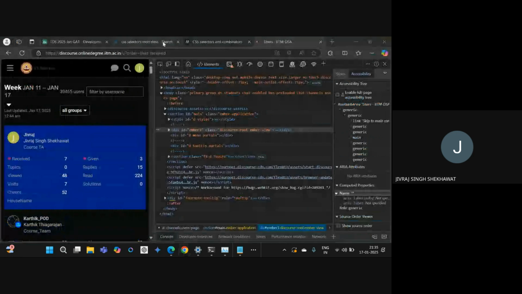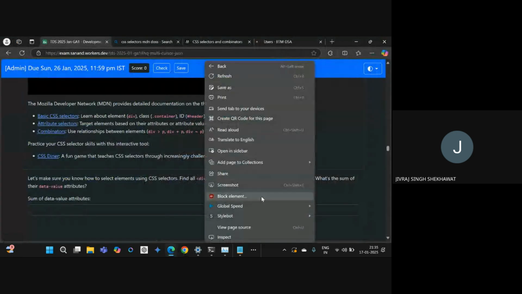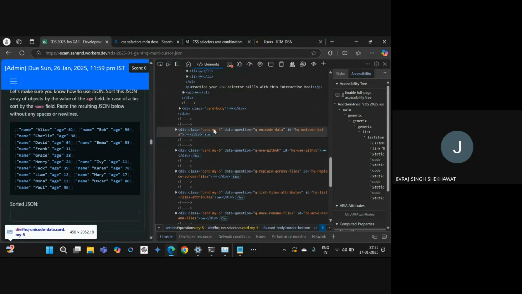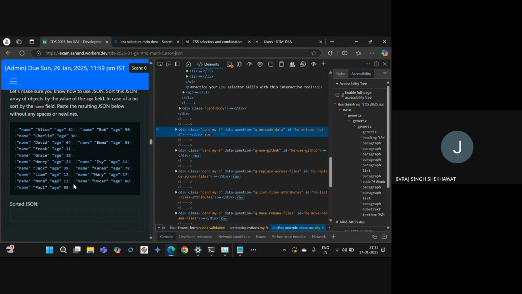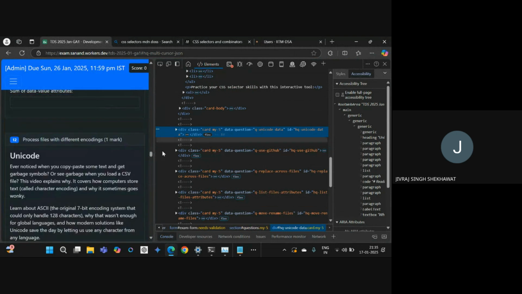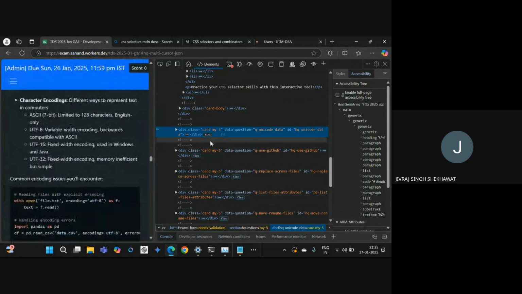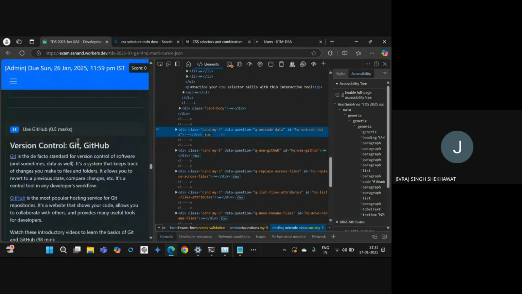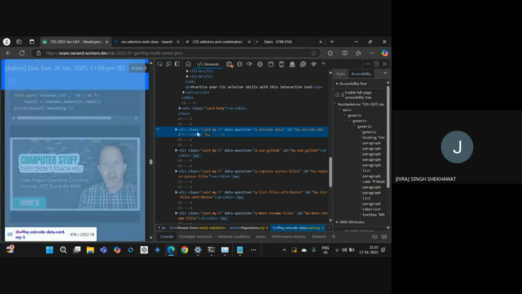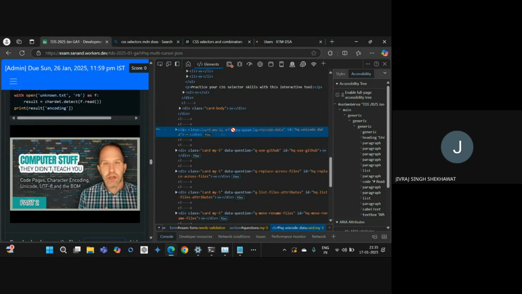So if I go to this particular graded assignment, and go to the inspect tab, and then over here hover over this, this is the question. This question is encapsulated within this div tag. It just contains information about this particular question. How can I access this question? I have a div with this particular class, and then I can even filter it